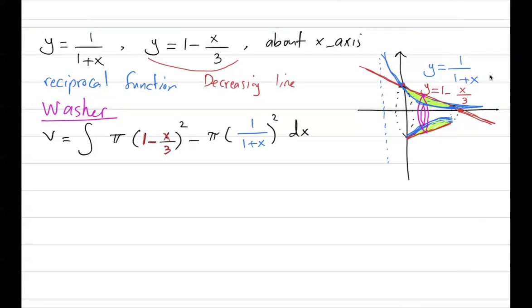But what are the boundaries for our x? Our goal is to know how to set up these boundaries. x is bounded between which values? How do you find the lower bound and the upper bound? The lower bound is very easy to detect. It is at 0. If you just take a look at the intersection, your x is at 0 here. But what is the x at the point of intersection between these two? So the intersection